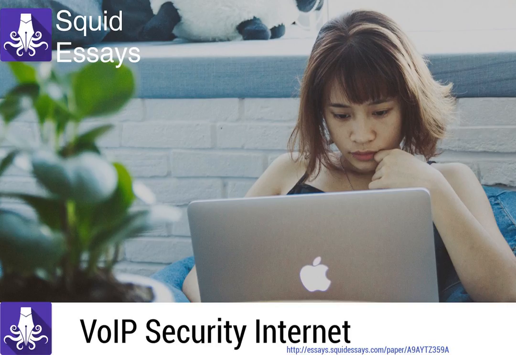What is VoIP end-to-end security? Achieving end-to-end security in a voice-over-IP, VoIP, session is a challenging task. VoIP session establishment involves a jumble of different protocols, all of which must interoperate correctly and securely.